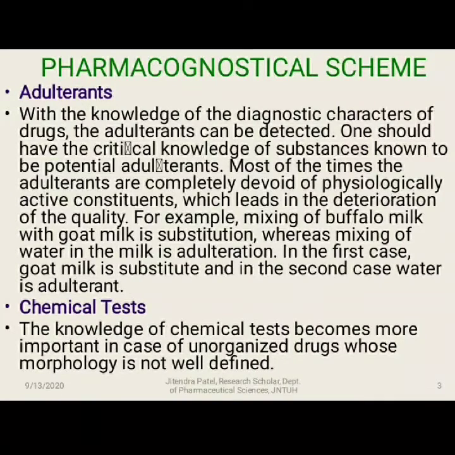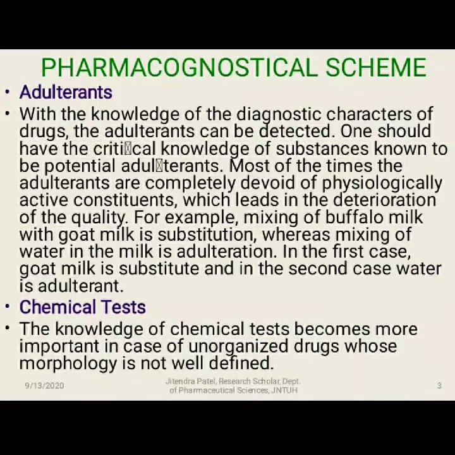Coming to the next point under the pharmacognostical scheme, that is the adulterants. Adulterants are involved in the process of adulteration. With the knowledge of the diagnostic characters of the drug, the adulterants can be detected. One should have critical knowledge of the substances known to be potential adulterants. Most of the time the adulterants are completely devoid of physiologically active constituents, which leads to deterioration of the quality of crude drugs. For example,